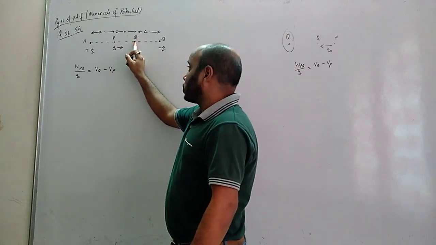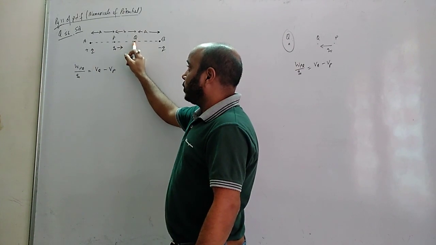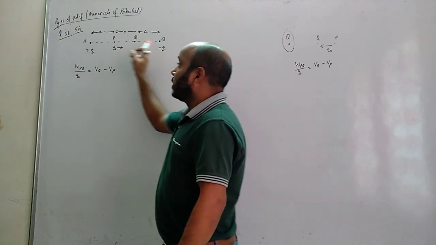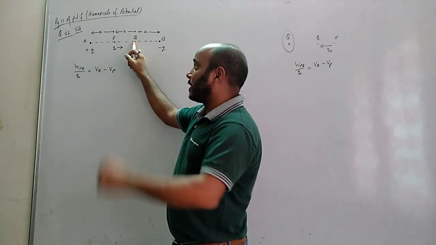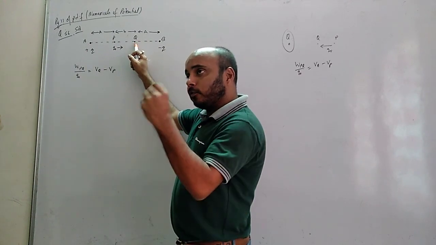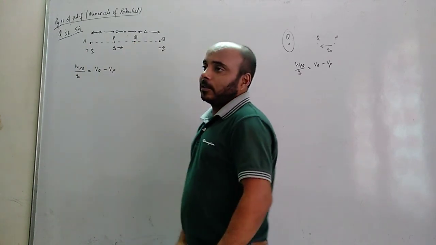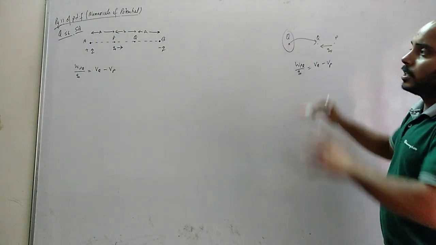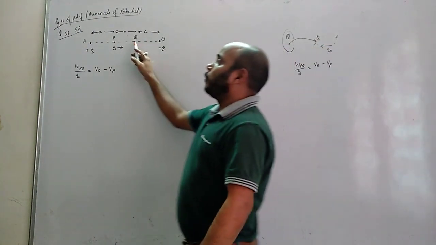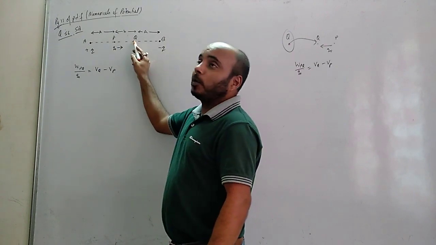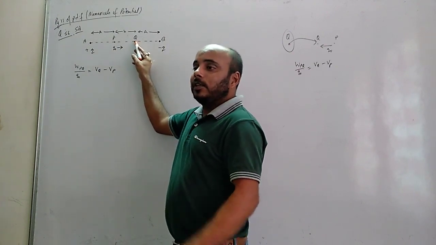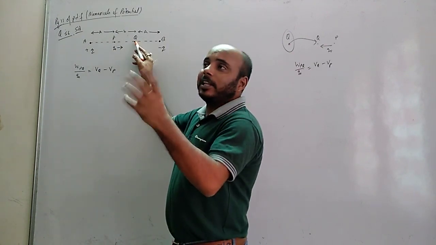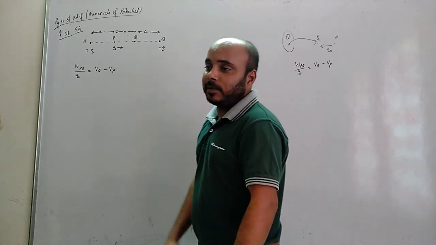Now, in the vicinity of the point Q there are two charges, which means there will be two potentials acting at Q. The net of those potentials will be VQ. So this is the situation. Normally we directly write the potential due to one charge. Here, around that point there are two charges, so there are two potentials acting at Q. We will add them and that will be the net potential at Q. You are getting the class?